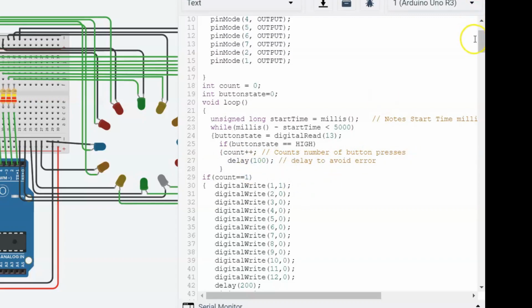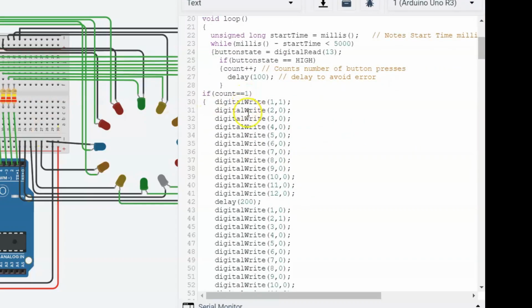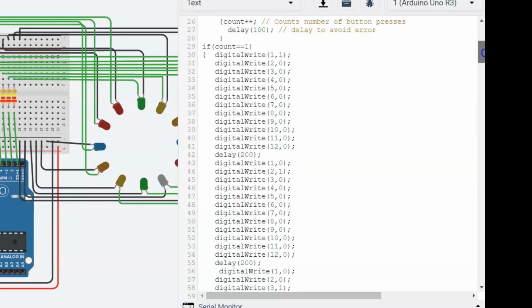Now we will check the count, and according to that we will perform our blinking order. If count equal to 1, meaning the button is pressed once, then one LED will glow and all the other LEDs will be off, and then a delay of 0.2 second is given.